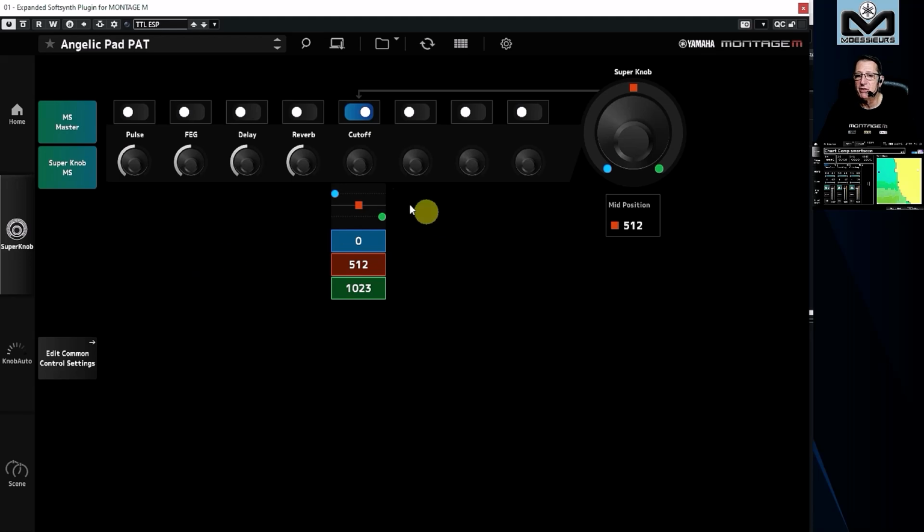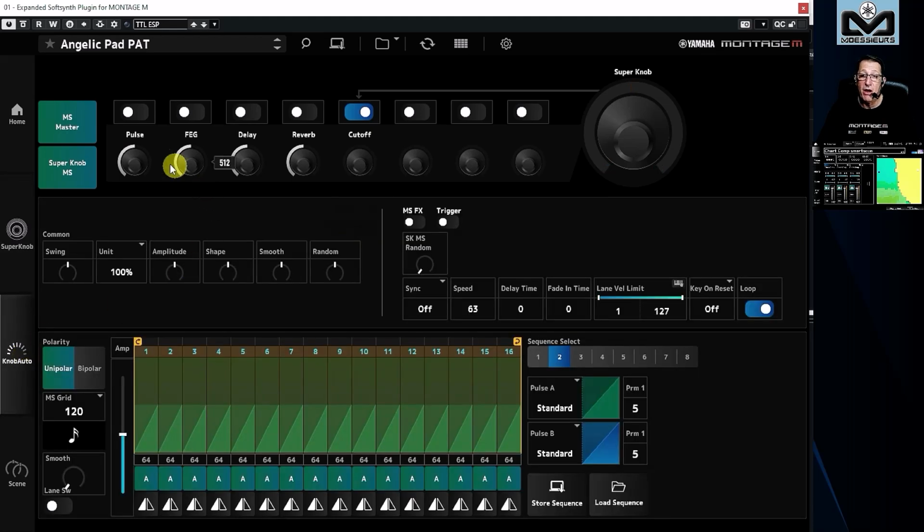Here you have some shortcuts. You have the knob auto here in the same way, fully programmable. And here, do not think you can change the value with the mouse like that. Do not try. Just click here and change the value with your computer keyboard. And you see the change. You can change the pulse, the drive, and the way it's down here.